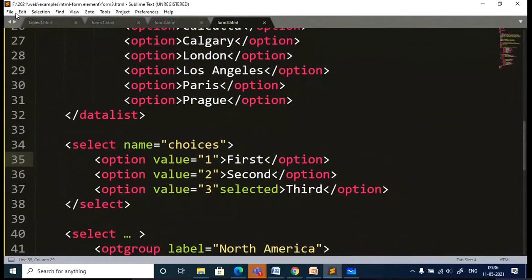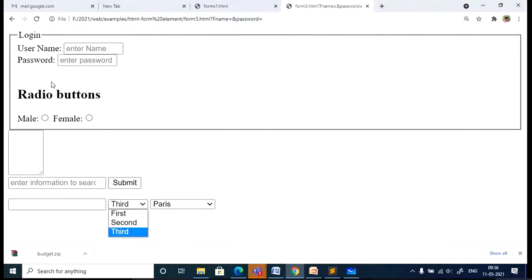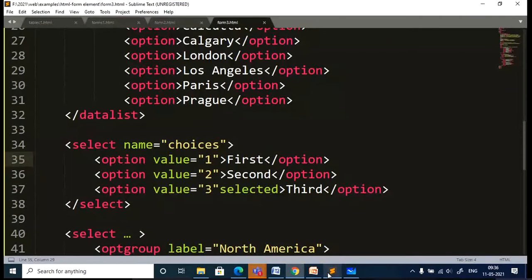Why I have given the value is that whenever you are working with server side code, it requires what is the value I selected for this option. So when I specify value equal to 2, then accordingly whatever input is given can be used. If you have a button here, when you select any one and submit, it has to send the value of the option I have selected.